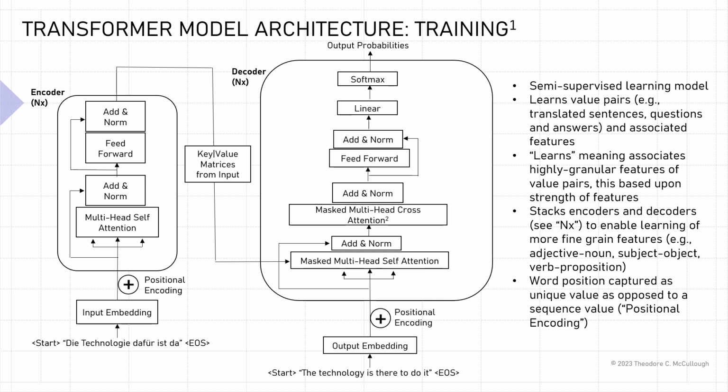And finally, there's this concept of positional encoding, whereas with prior sequence models, it was really a temporal sequence that was learned and that denoted the position of words. Here, there's just a unique numeric value that's fixed or associated with each one of the words in a sentence. And we'll learn about all of these concepts in the subsequent slides.